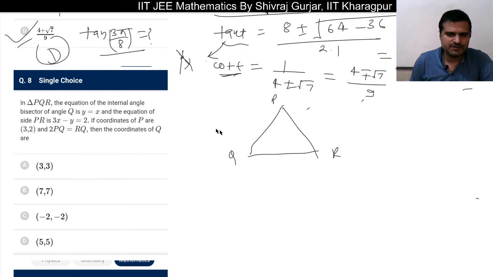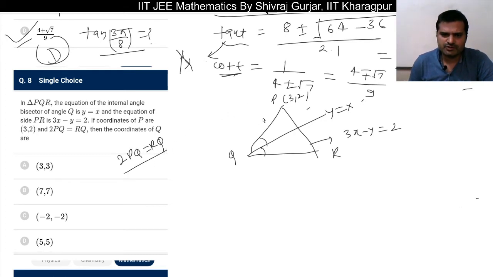The equation of internal angle bisector of Q is y equals to x, that is the angle bisector. Okay, and the equation of side PR is given. PR is 3x minus y equals to 2. If coordinates of P is 3, 2 and 2PQ equals to RQ,